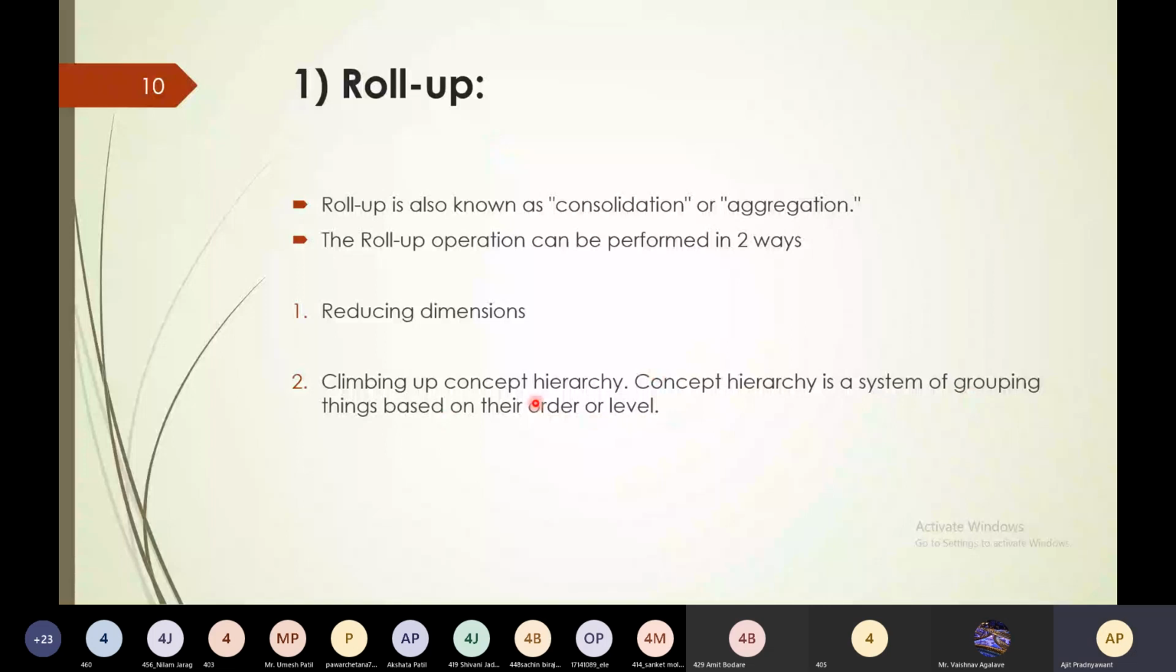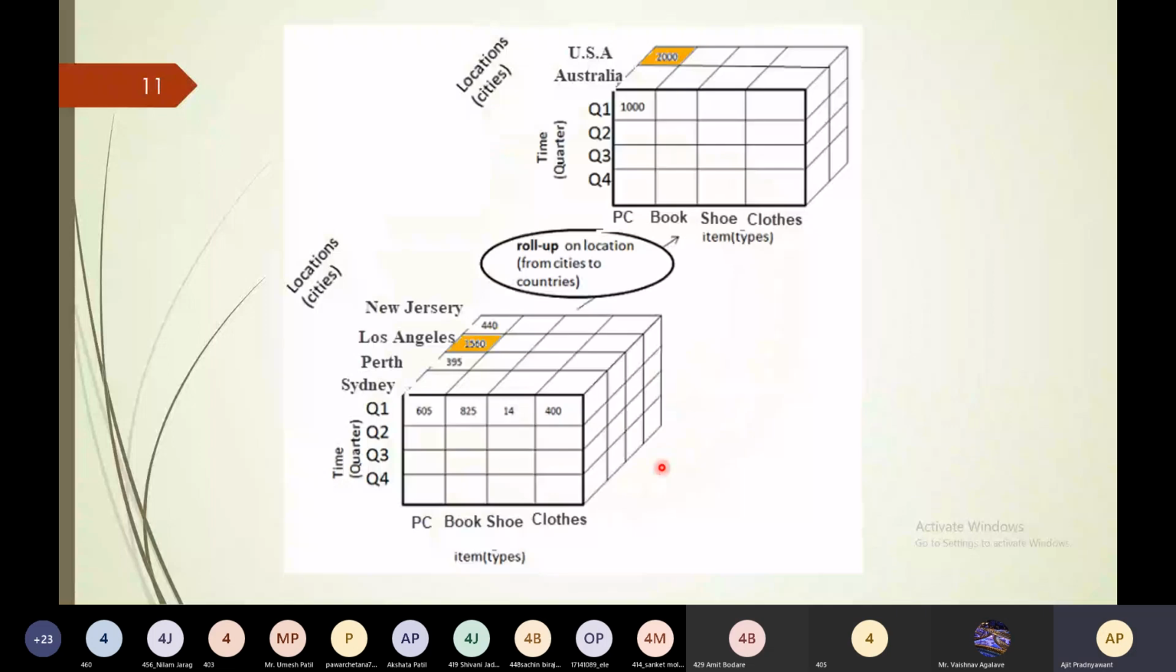You can understand this with the help of an example. What is meant by concept hierarchy? It is climbing up the concept hierarchy to perform the roll up operation. Now consider the following diagram. This is our cube. The cube will consist of the time, quarters Q1, Q2, Q3 and Q4. And these are the item types: PC, book, shoes and clothes. Whereas these are the locations: Sydney, Perth, Los